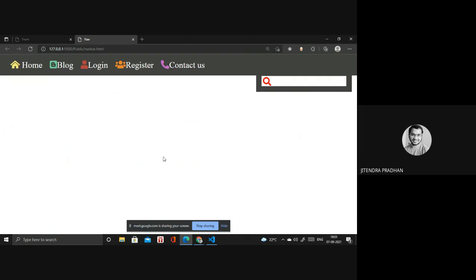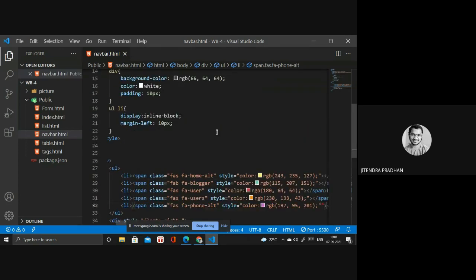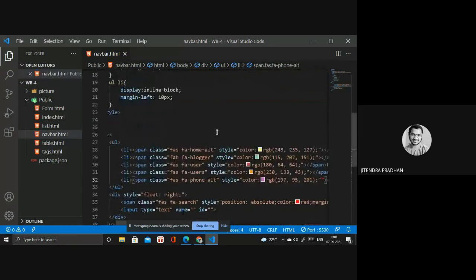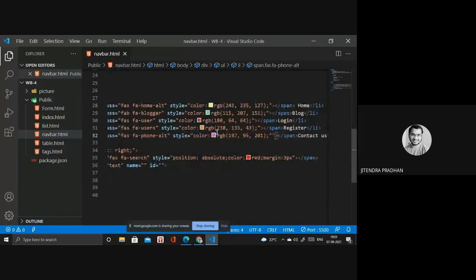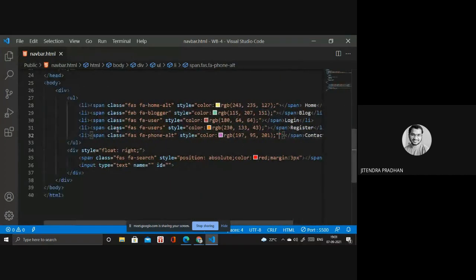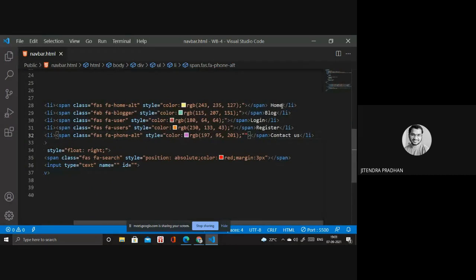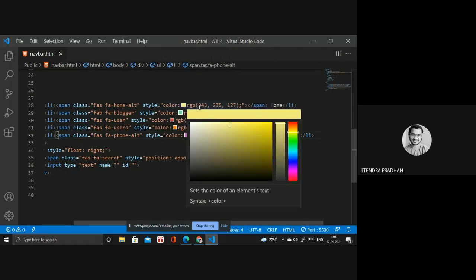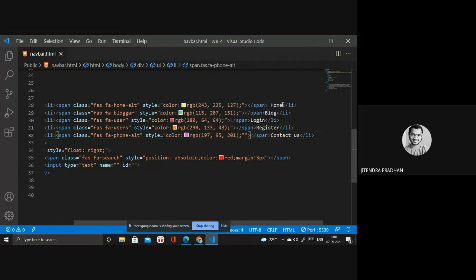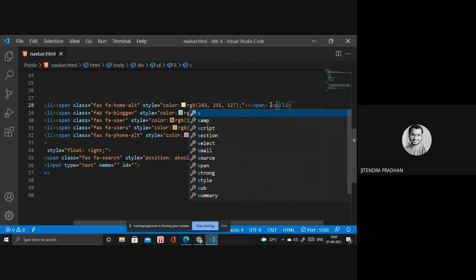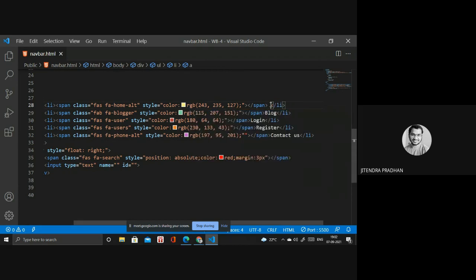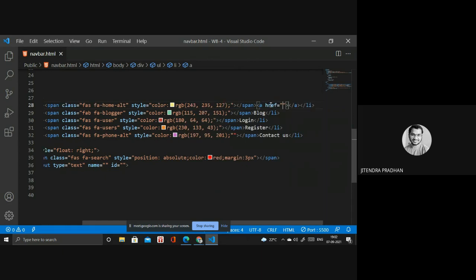So how do we link that particular icon? Let's see. Not the icon. Let's say if you want to give a particular link inside that, then you can. Let's see how. If you want to apply a particular style to the icon and also the content, then you have to write before that. If you only want to highlight the icon, then you have to write its anchor tag. Inside you have to write home.